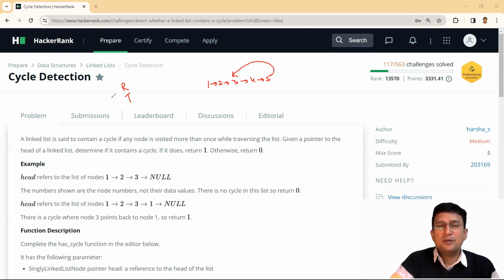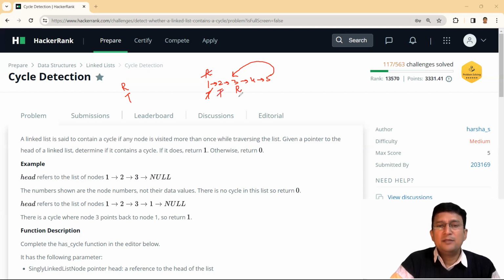So just using that concept, we are taking this tortoise and rabbit at the same position wherein they will start the race. The tortoise will move one node, whereas the rabbit will move 2 nodes ahead. So I'm just moving this tortoise to the next node and rabbit to third node from the first, because rabbit takes 2 steps.